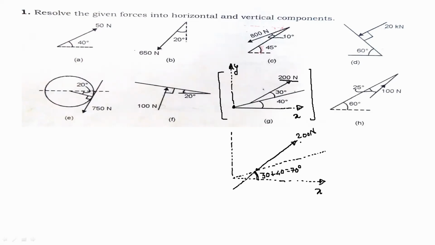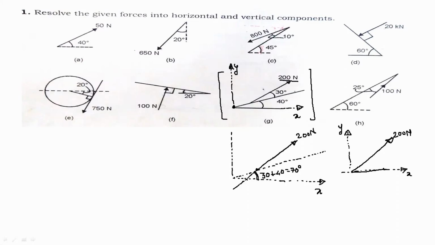So this force is actually lying in the first quadrant. Okay. So I will just draw the figure. This is 200 Newton. Okay. So you can resolve the force anywhere along this line of action. It doesn't matter. So I can resolve the force here. Even I can resolve here, or even I can resolve here. Okay. So I will take this as a reference axis. That is the x-axis. I will construct a y-axis. It is not necessary that every time you construct x and y axis. This is just for your understanding. Okay. So if you understand x and y axis, you can directly resolve the force.